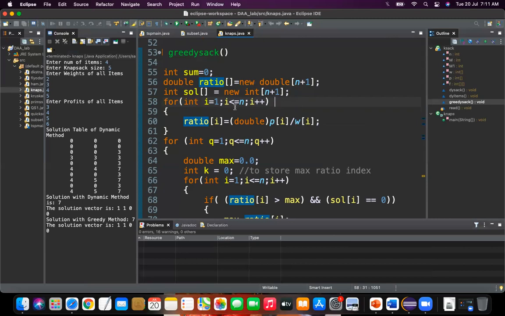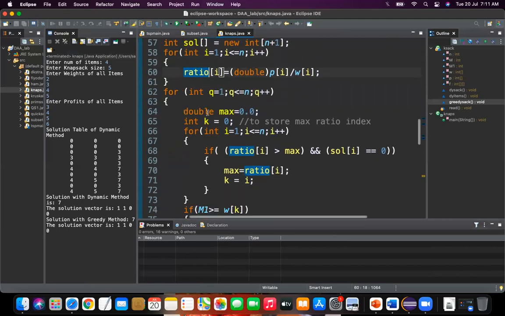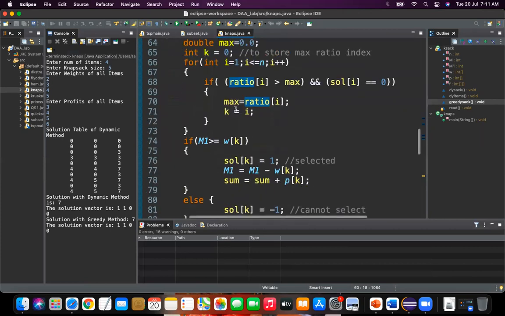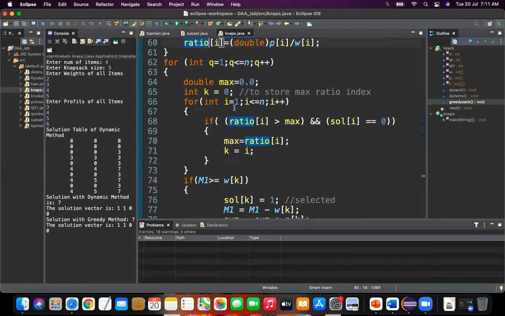I from 1 to n number of times it will find out the ratio, and it will be present in the array ratio. Same thing what we have done manually, we are doing programmatically. Once you find out the ratio, these following instructions will be executed that I will show in the presentation.